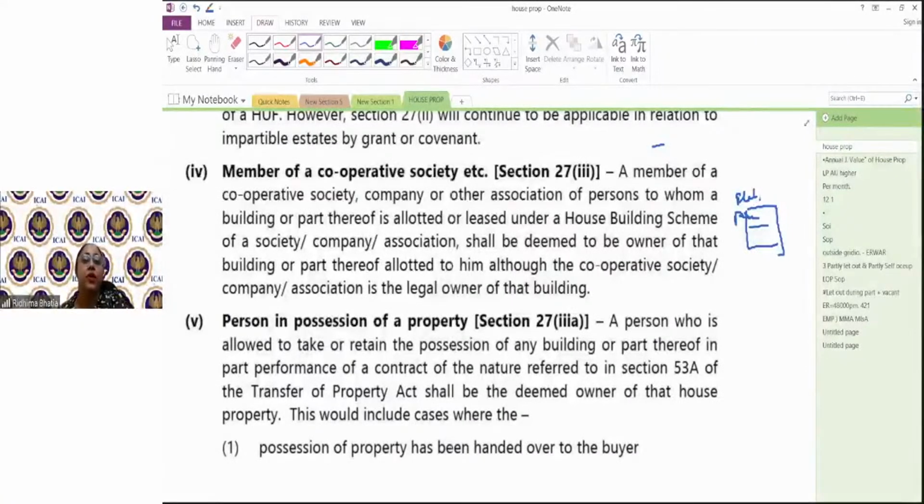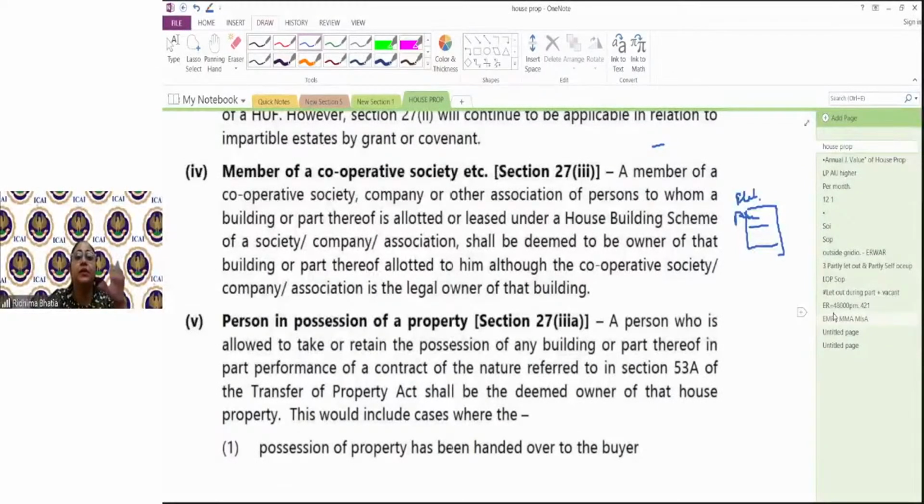So they are allotted or they are given it on lease. Who are given it on the lease? Members are given it on the lease. Legal owner is who? Legal owner is cooperative society. But in this case of deemed ownership, the members would be considered to be the deemed owner, even if the property is in the name of cooperative